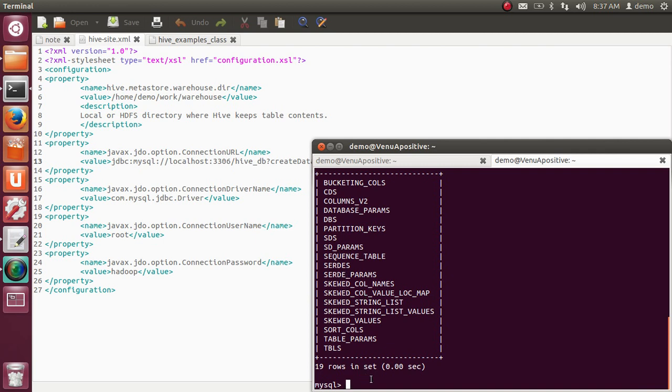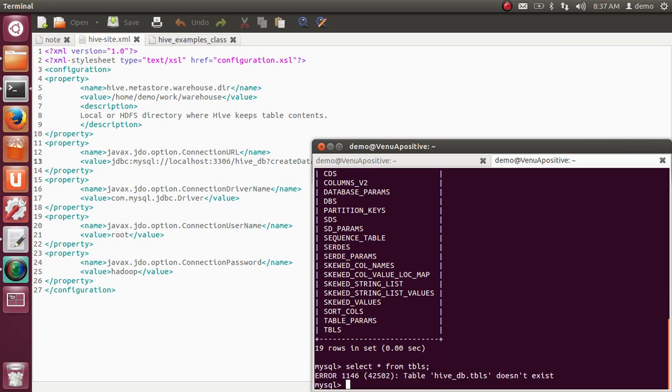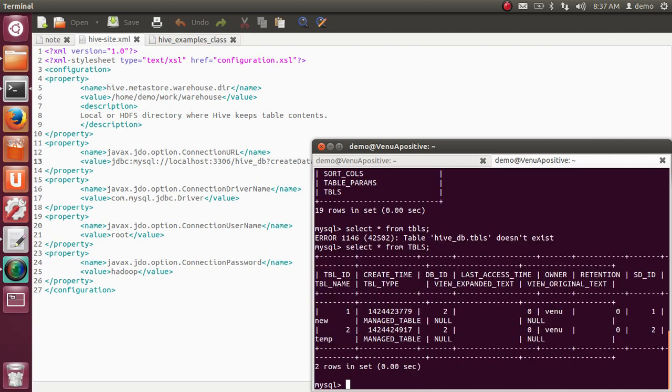In case, for example, you want some information about tables, select * from TBLS. It's showing new table, temp file, and many tables. Who is the owner?